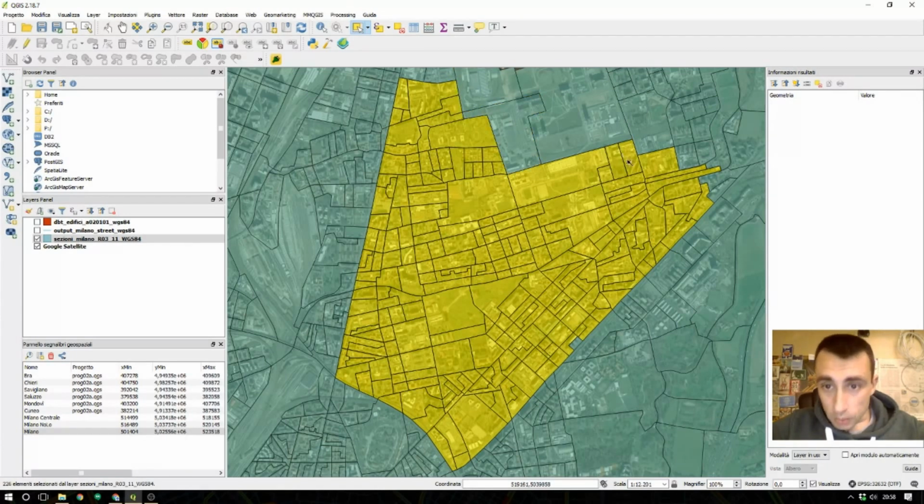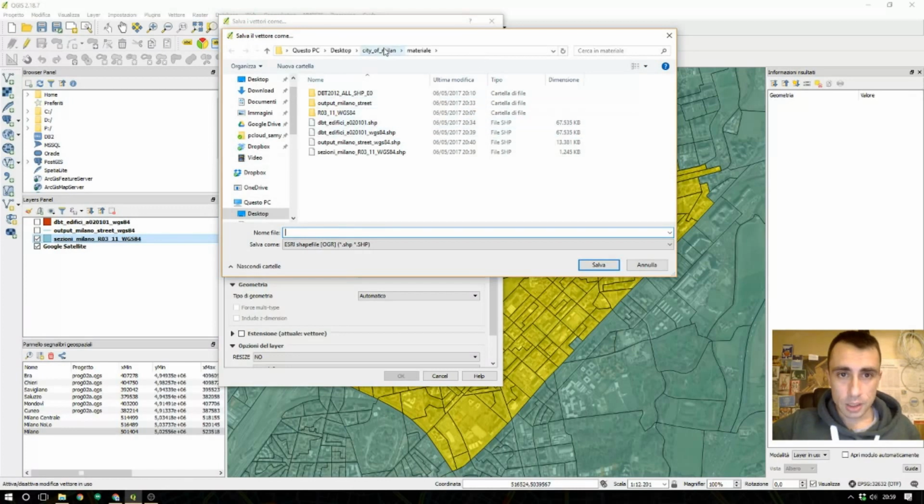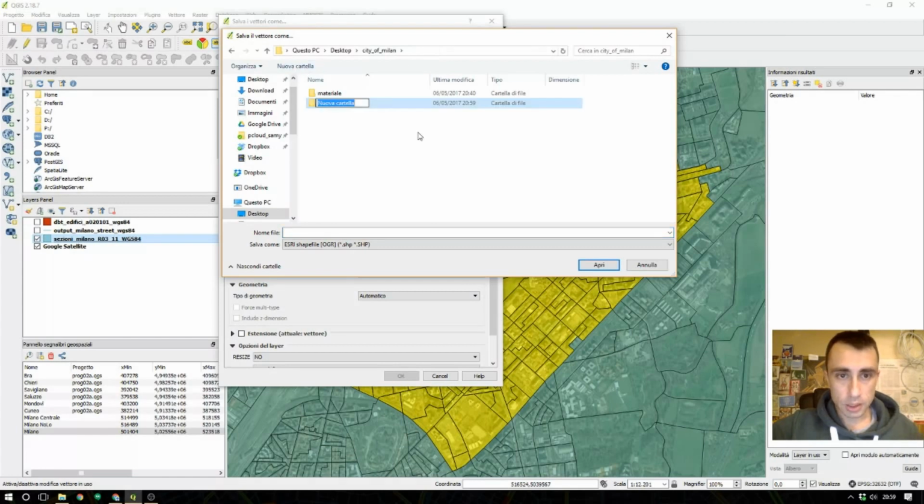Now I take this section, select geometry and take it off. I have left them. And this is my selected geometry that you see on the screen and want to pull out. To extract it I can right click, save as, before selecting the target file. Below encoding I can choose to save only the selected geometry. Now I can click browse, go to my folder, make a new processing folder and create here, and insert the name: section Milano Nolo, north of Loreto.